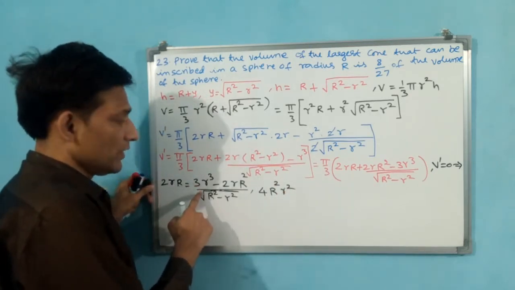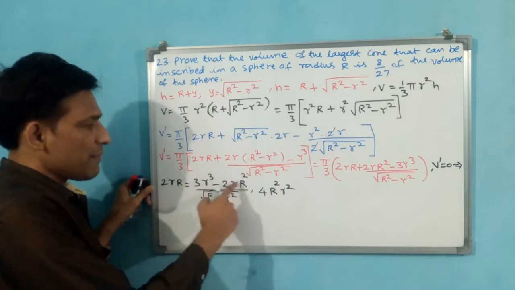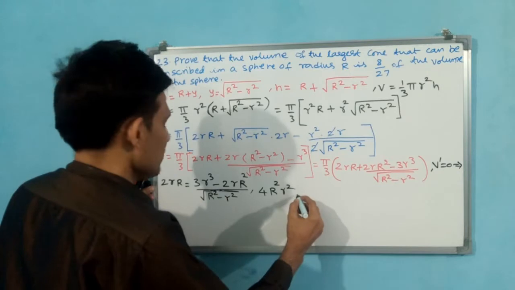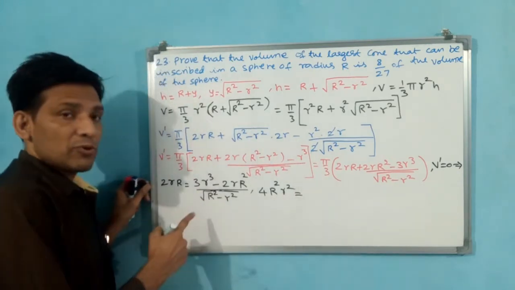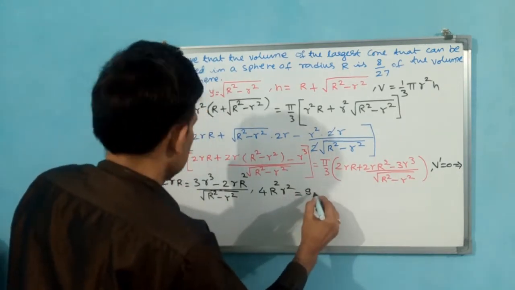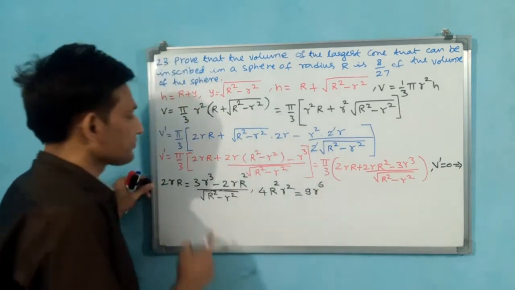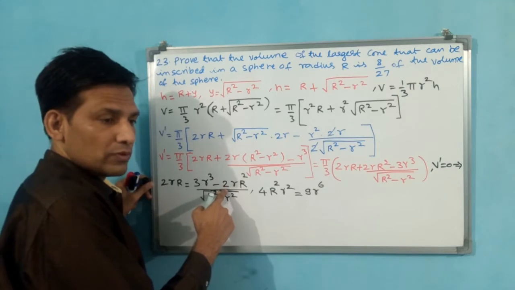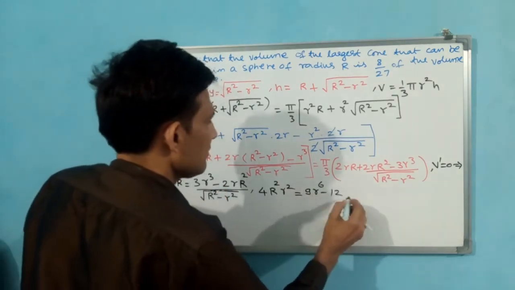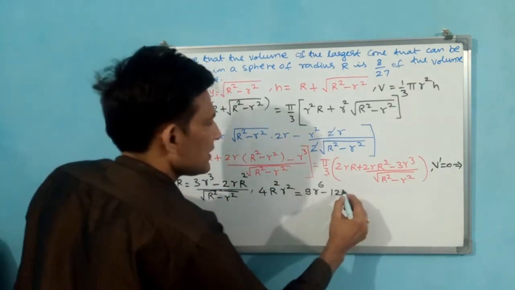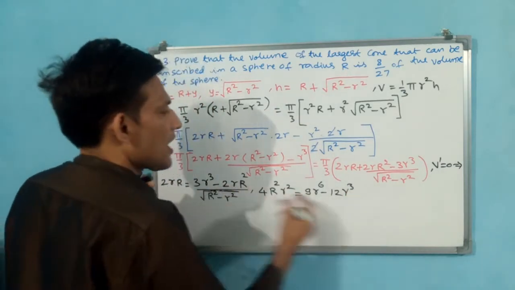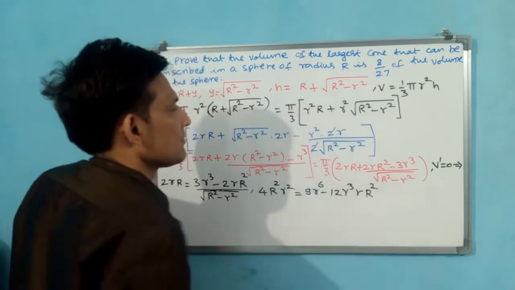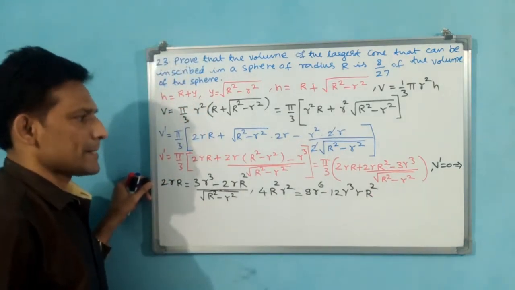Okay. This you see 3r. See a minus b whole square, like here square is there, a minus b whole square. Okay, you see that is equal to a minus b whole square means a square, 9 r to the power of 6, a square minus 2ab, 3 into 2 into 2, 12, minus 12ab, r cube r square. Okay.